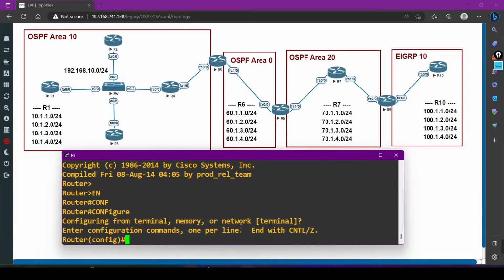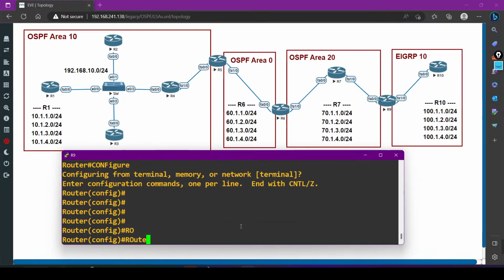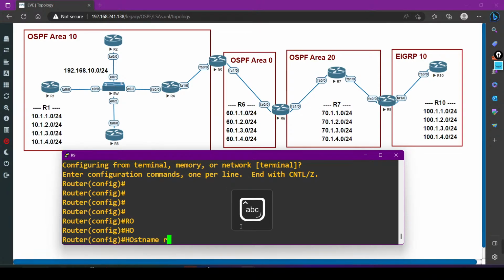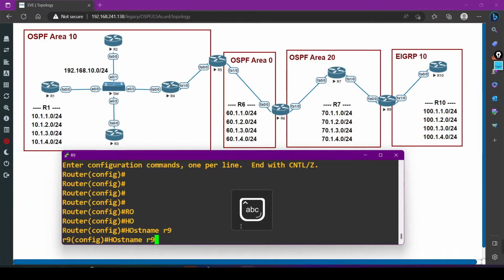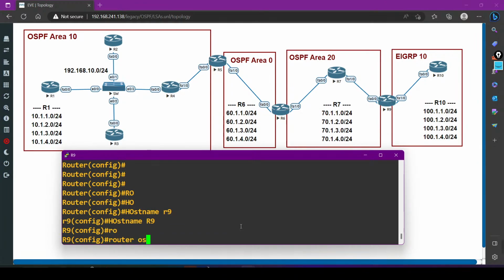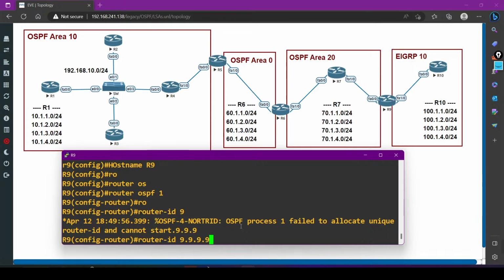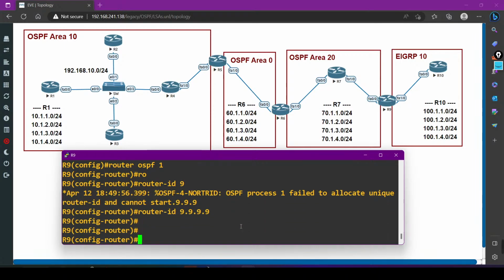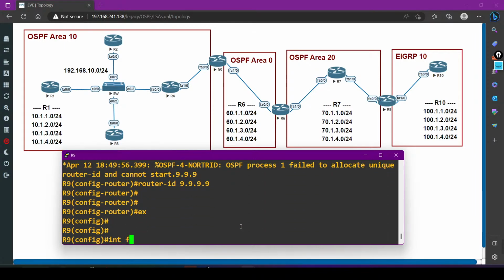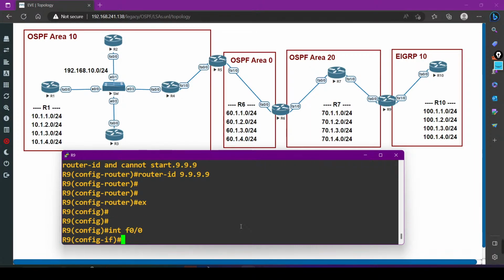Enable, config t, hostname R9. First of all, let me enable OSPF. Router OSPF 1 and router ID is 9.9.9.9. Done, guys. Now interface F0/0, IP address